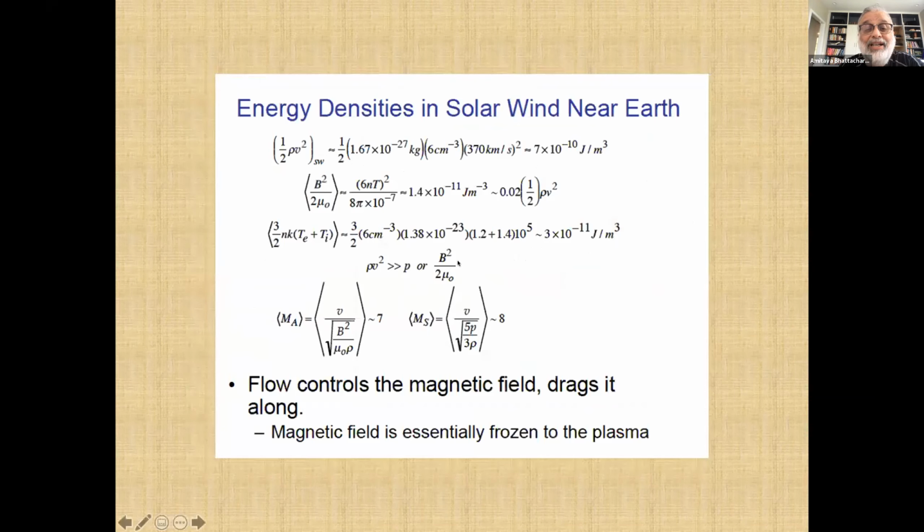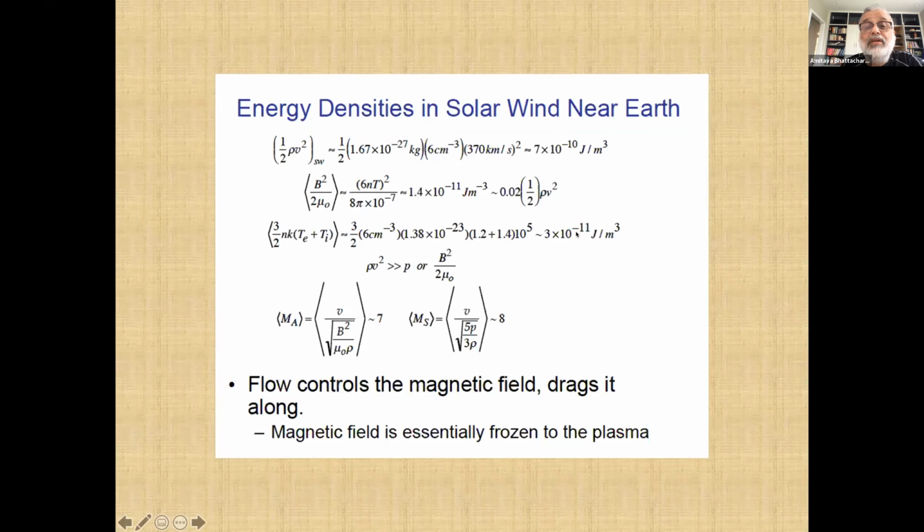Before you go on a break, I just wanted to give you some numbers on why that is so and give you a comparison of the things. These are numbers taken from ambient parameters of the solar wind. So half rho v squared for the solar wind, with these densities that we are looking at, and 400 kilometers per second was the number that Dana was using. You get this as the energy. And if you look at the magnetic field energy, B squared over 8 pi, it comes to 1/50th of the flow energy. If you look at the thermal energy,